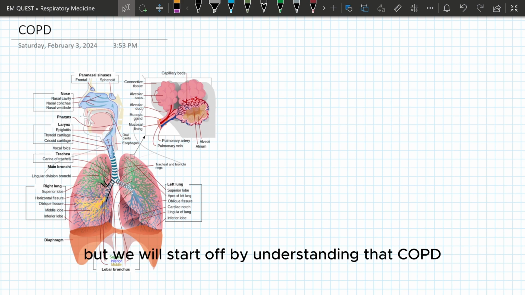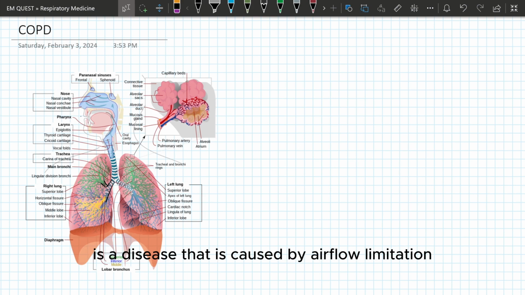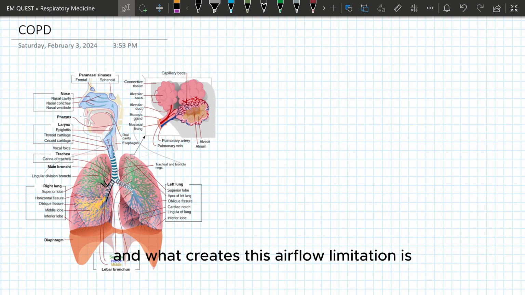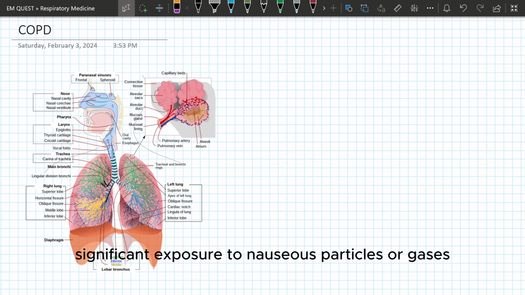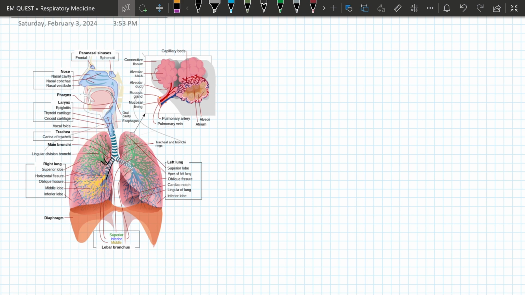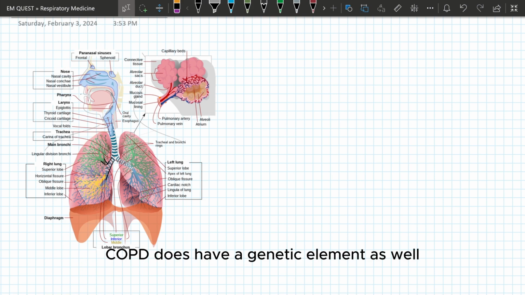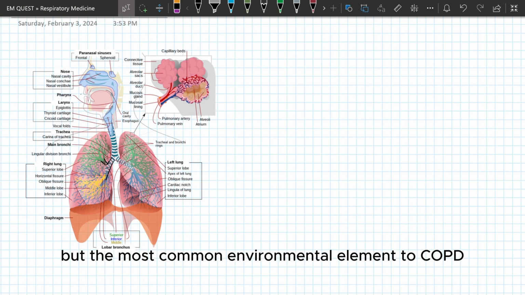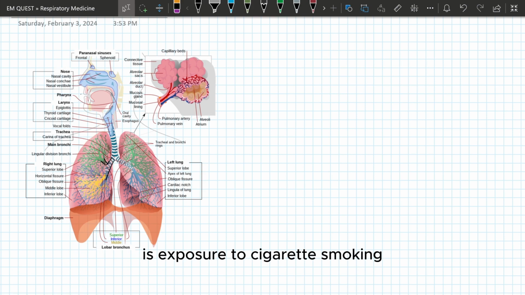But we will start off by understanding that COPD is a disease that is caused by airflow limitation, and what creates this airflow limitation is significant exposure to noxious particles or gases. COPD does have a genetic element as well, but the most common environmental element to COPD is exposure to cigarette